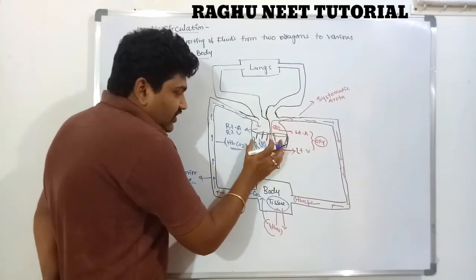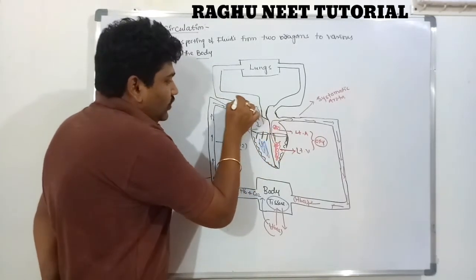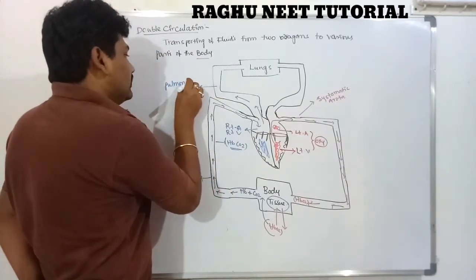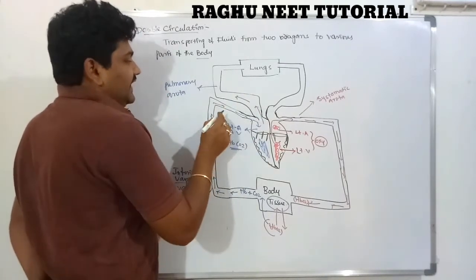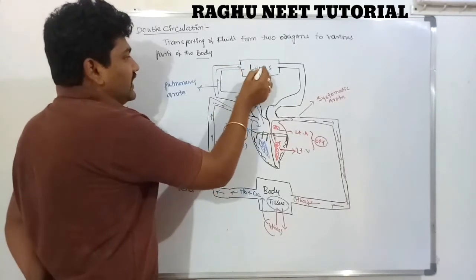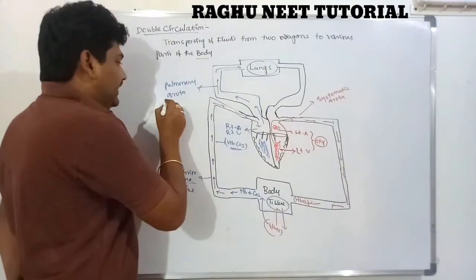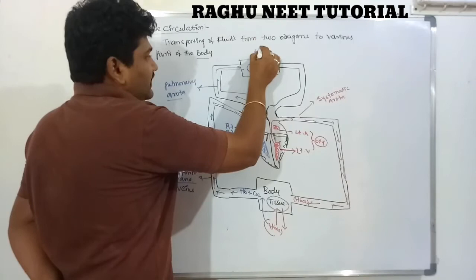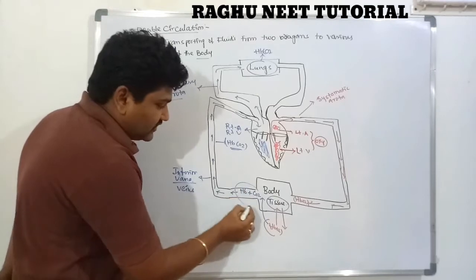After the contraction of the ventricles, the deoxygenated blood enters into the pulmonary aorta. The pulmonary aorta carries deoxygenated blood from the right chamber of the heart to the lungs region. When the deoxygenated blood reaches the lungs, dissociation occurs.